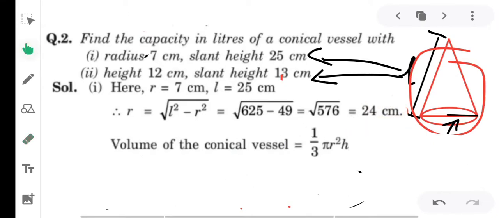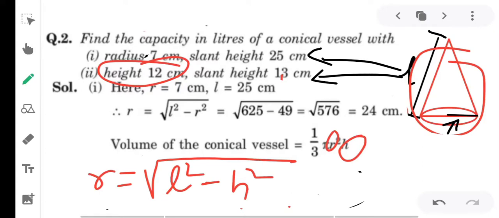Okay, so come to the second one, the height that is 12 centimeter, and the slant height that is 13 centimeter, right? Height 12 centimeter है और slant height 13 centimeter. So again by using the same formula, right? Formula जो होगा हमारा, because here हमारे पास height already है जो कि हमको formula में रखनी है. We do not have the radius. Radius हमारे पास अभी यहाँ पर नहीं है, तो radius निकालने के लिए हम यहाँ पर क्या formula use करेंगे? For finding the radius we need to use the formula